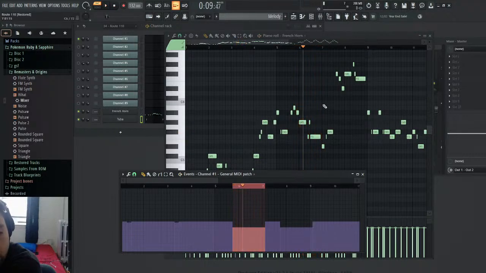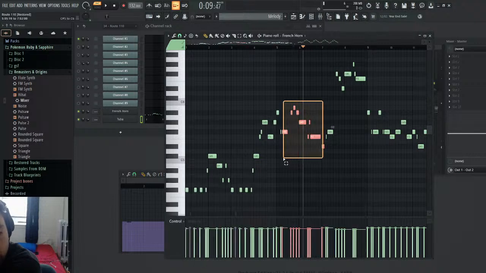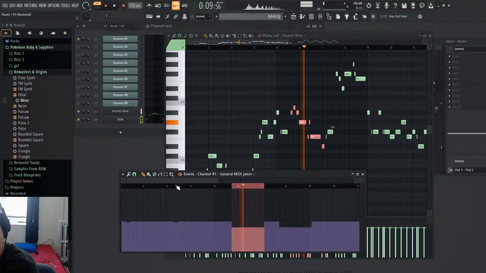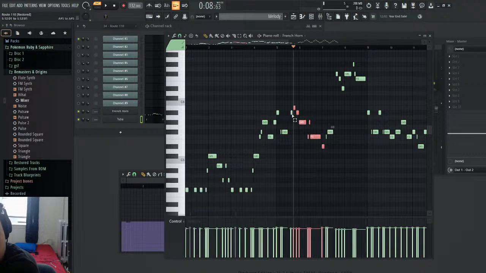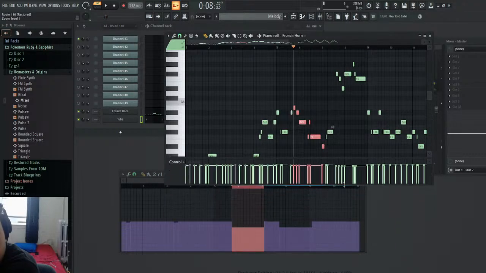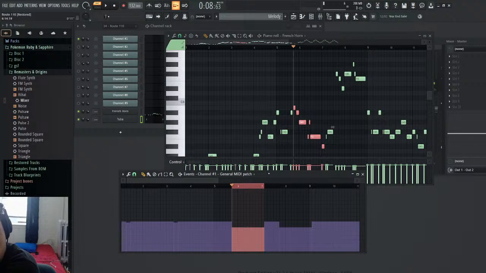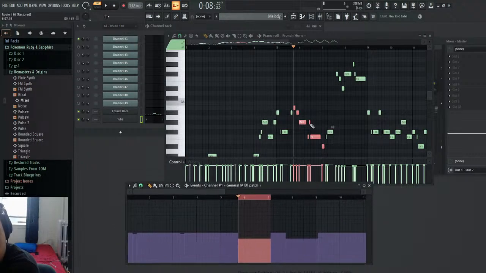Okay, so these notes right here are strings. Wait, just these notes. Okay. Not even this one, just that one. I need to resize this window. Hold on. I need more room to see what I'm doing. There we go. So just this part is strings, and then